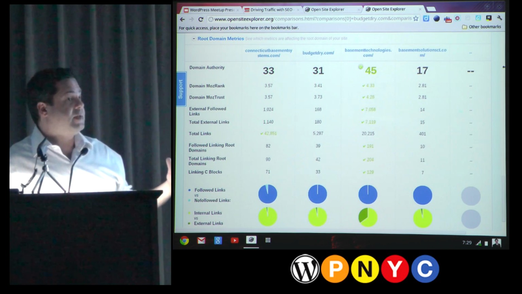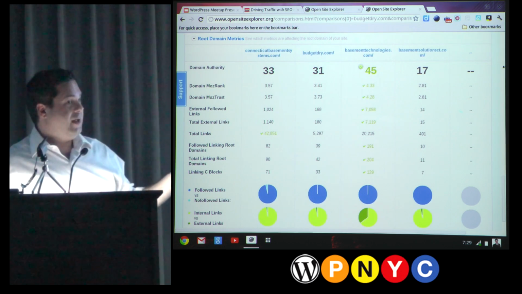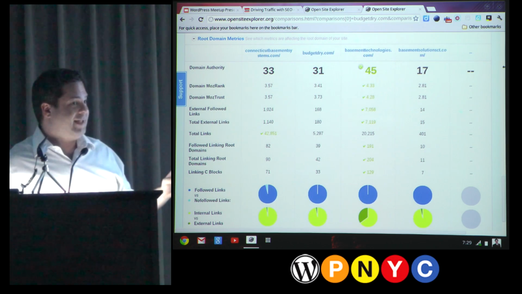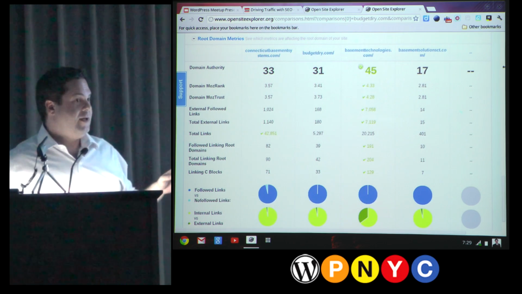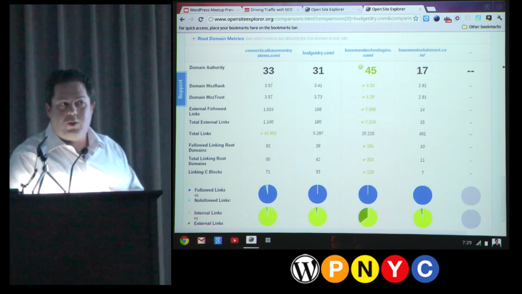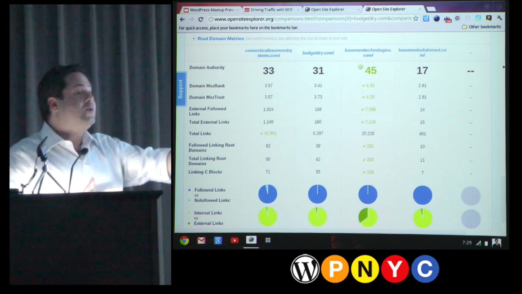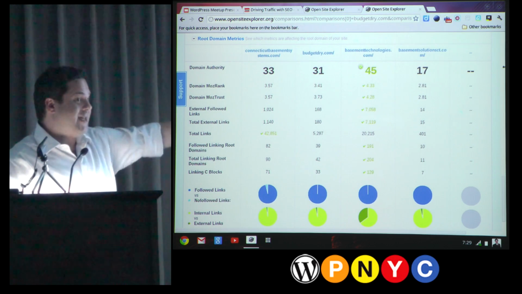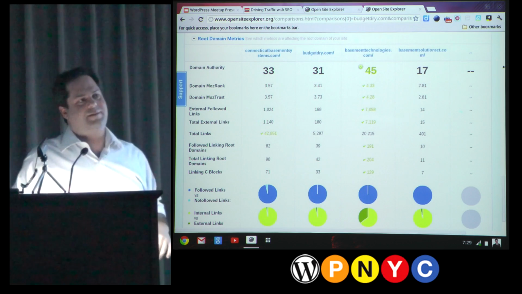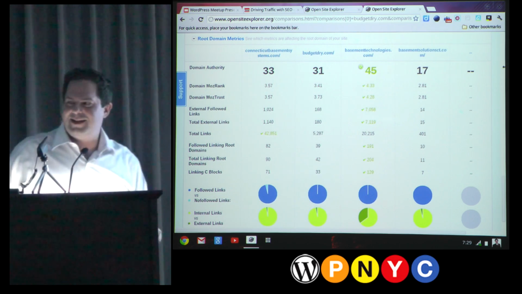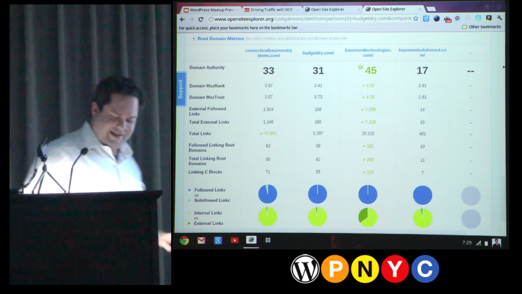So we're not talking about speed. We could do an analysis of speed, right? But this is pretty heavy. Between the 45 and the 17, the 17's never going to get a top ranking above that 45 guy. So that's what we're saying. It's not what keywords we're trying to get. If everybody was competing for the same keywords, these 4 guys competing for exactly the same 100 keywords, the 45 is always going to win. Does that make sense? Yes. Good. Questions in 2 seconds because we're almost done.